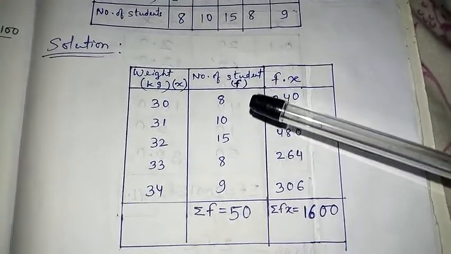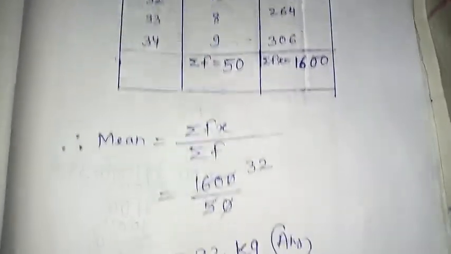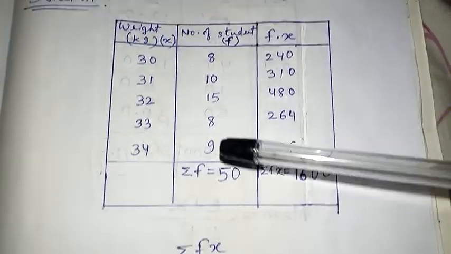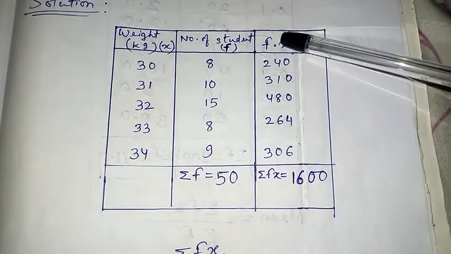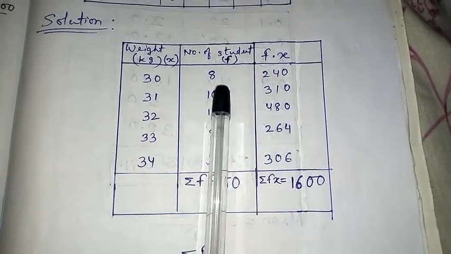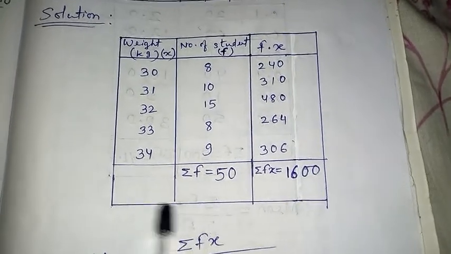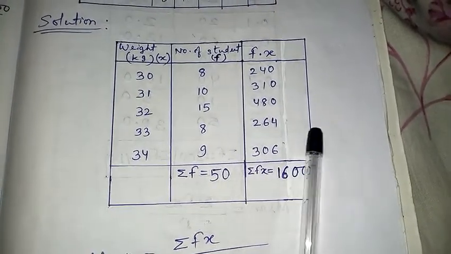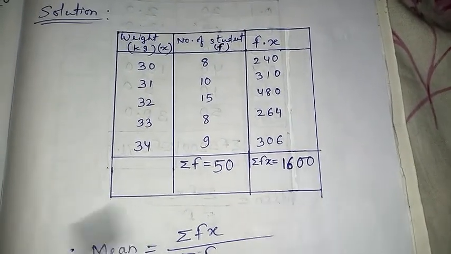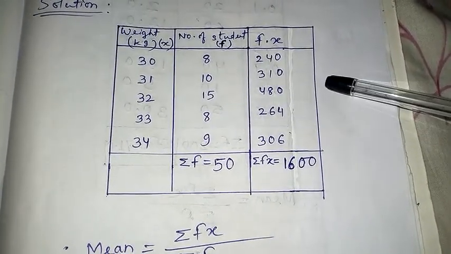Now you need to add the f column and the fx column. No need to add the x column, because we need summation of fx and summation of f. Adding the f column is called summation of f. Adding the fx column is called summation of fx. Note down, children, make the f column and fx column a little bit wider, because you need space to write here. This one you can make a smaller column, but these two columns you make wide, so that you can write very easily. As I had made it small, I used an eraser and made it wide. So you also do the same.